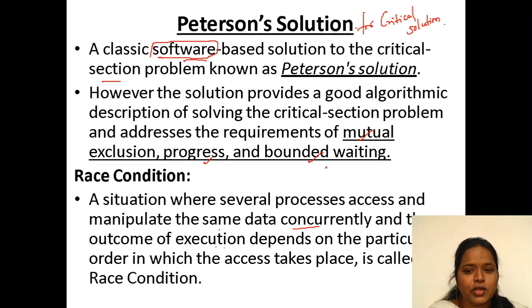If two processes P1 and P2 are there, and P1 executes first, the result will be X. If P2 executes first, the result will be Y, which is incorrect. Whether P1 or P2 executes first, the result should be Z, the correct answer. So we have to avoid the race condition.